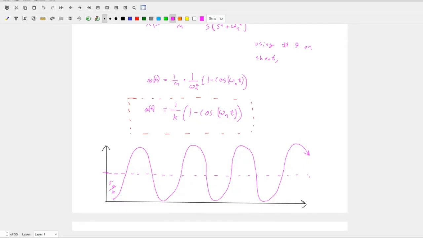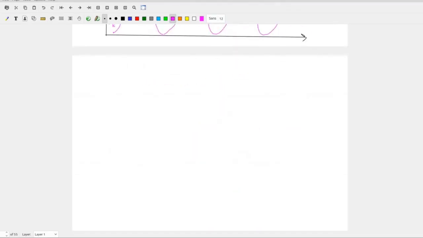yeah. So it oscillates not around 0 because we have a forcing function, right? So we have an offset applied to it. So let's do that same thing for an undamped mass spring. So for an undamped mass spring,